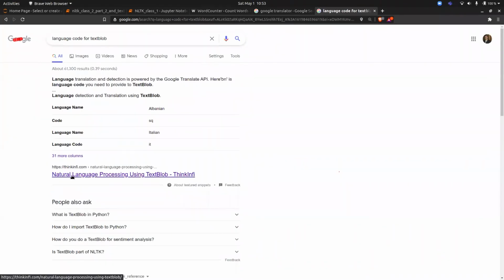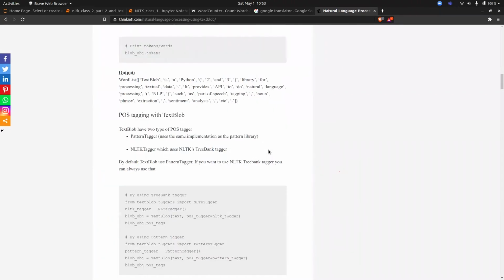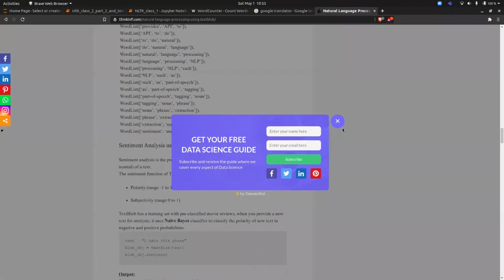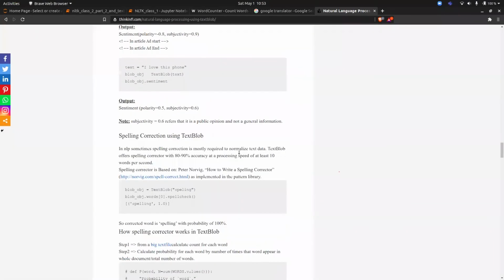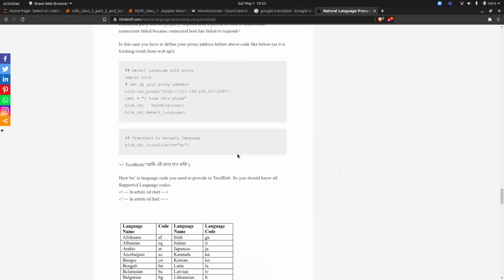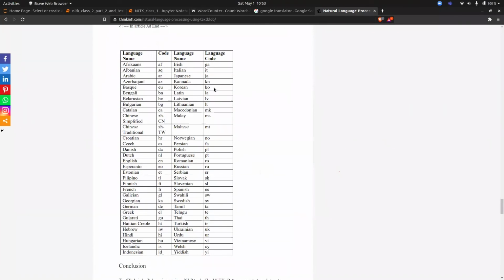So just click on this. Some of the blogs have mentioned the language code. So let's see. Okay, this is, I also don't know. Basically, I mean I will search on the net, but there is no direct function to check all the language codes. So see, this is the language code. Can you see? Yes. I am using EN, right? So where is EN? Let me check. EN is English. So you can convert into whichever particular language you want.